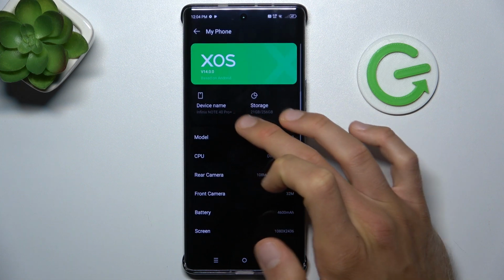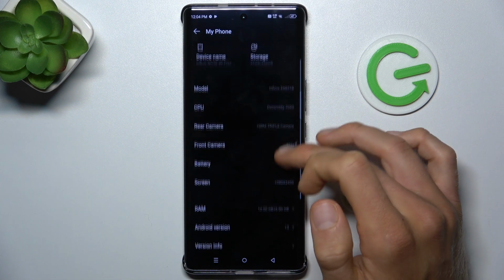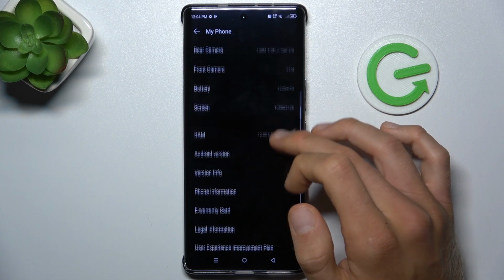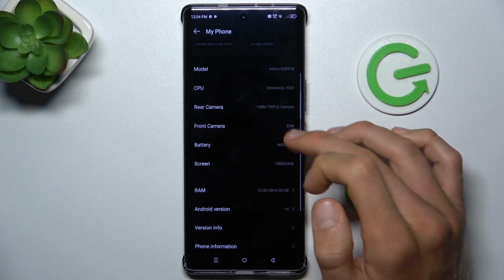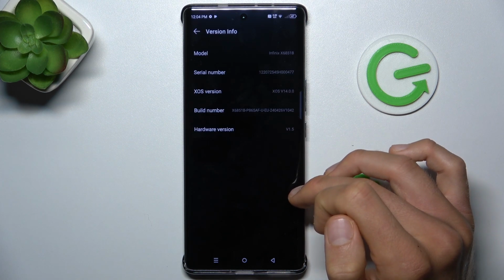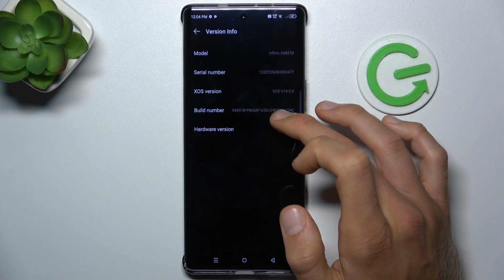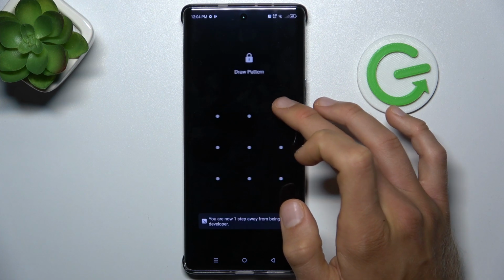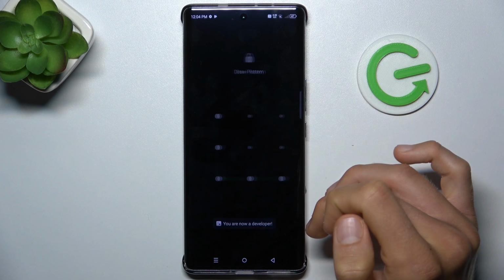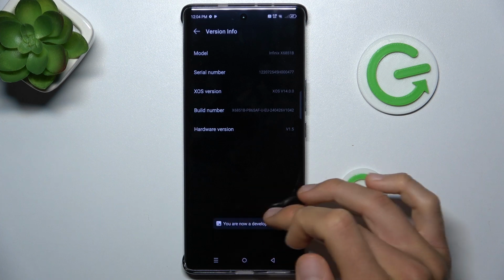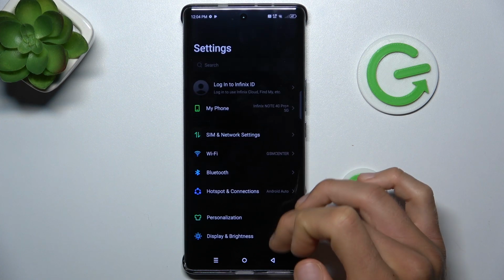To do that, tap on My Phone. There we must find our build number and tap several times on that to activate our developer mode. Confirm it by entering our lock screen, and now that we are developers, we can go back and choose system option